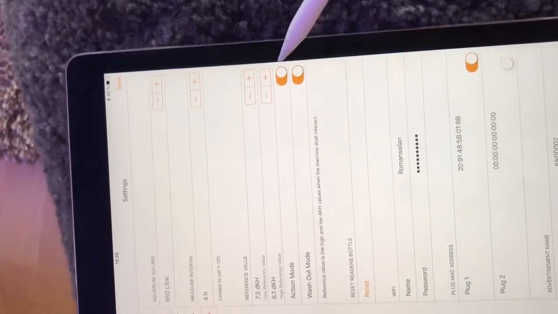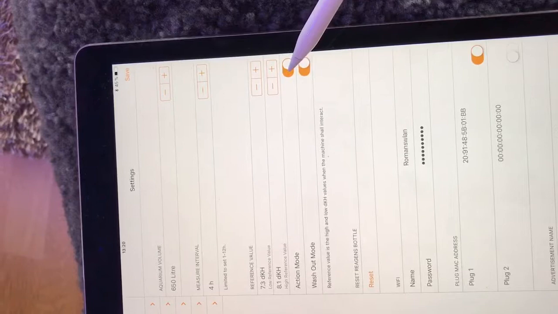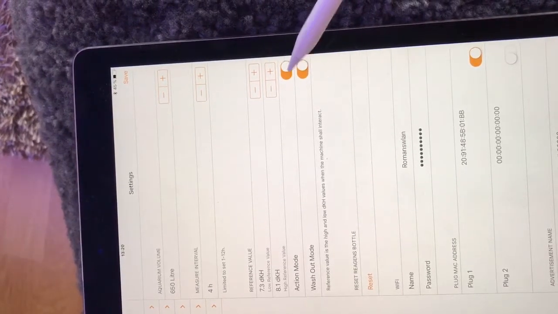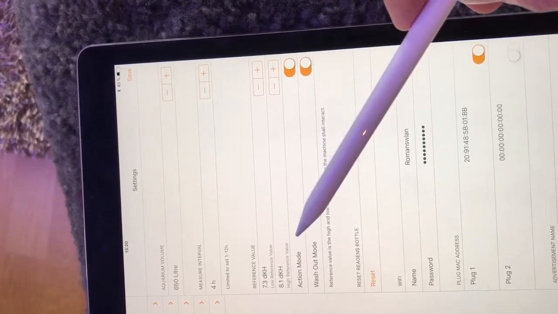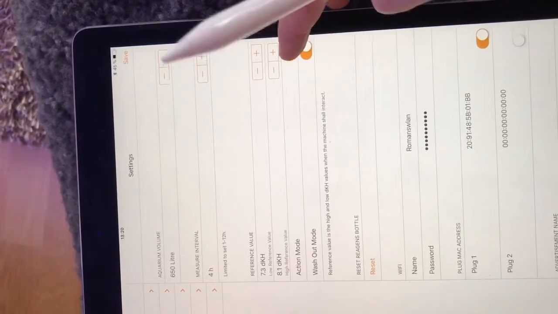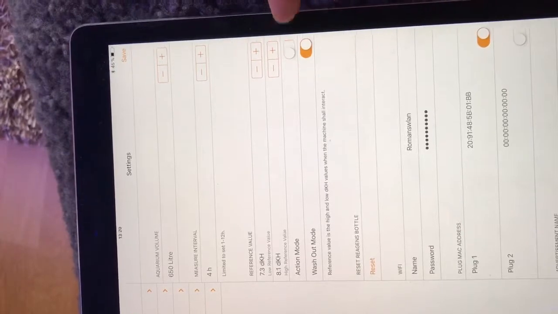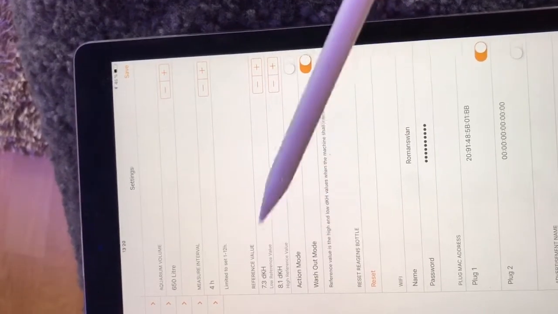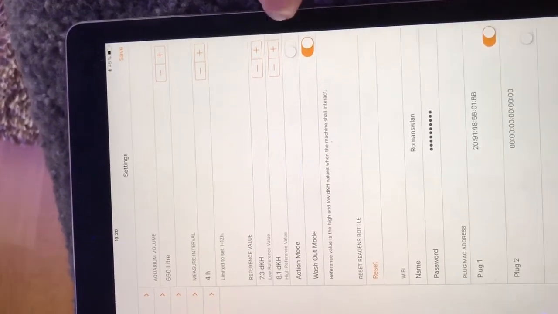Here you have the action mode. You can enable or disable that. If you have it enabled, the machine will dose and do actions if it's outside these values. If you have it disabled, the machine will not do any actions. It's good to have that option if you